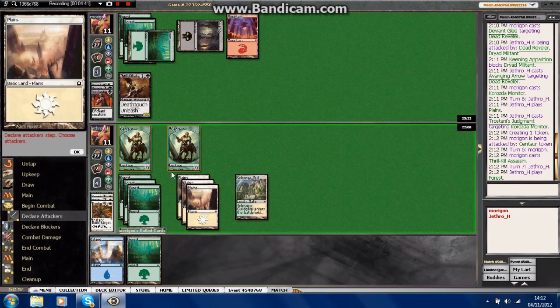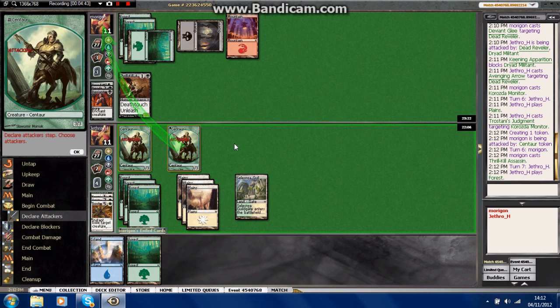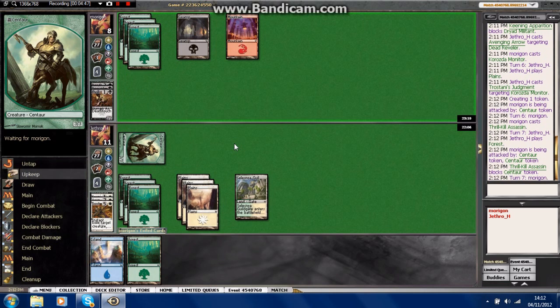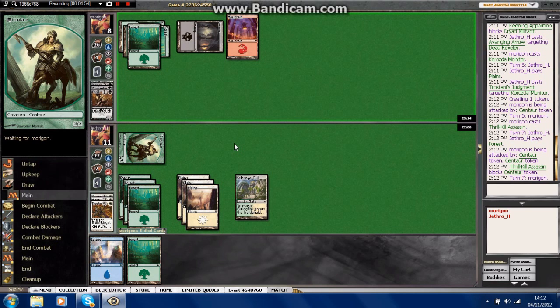Yeah, I'll trade a centaur for his thrill kill. The fact that I'm left with a centaur is something I'm fine with. The fact that I know he's going to trade because he didn't bother to unleash, and that probably puts him on having fewer creatures left in hand as well. Because if he had like a...